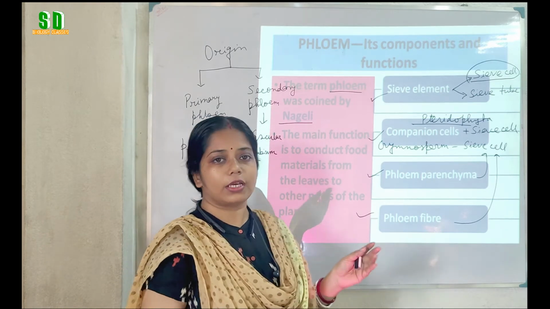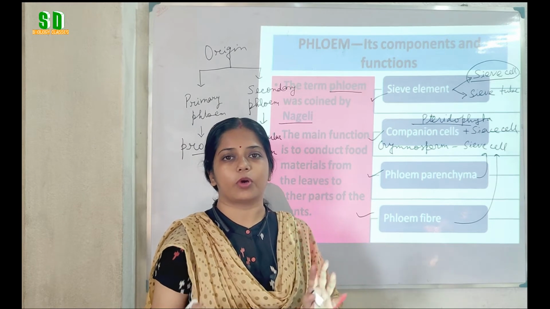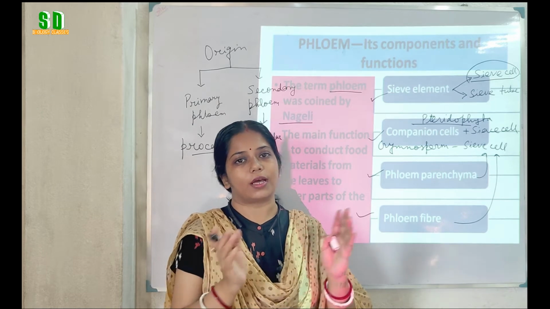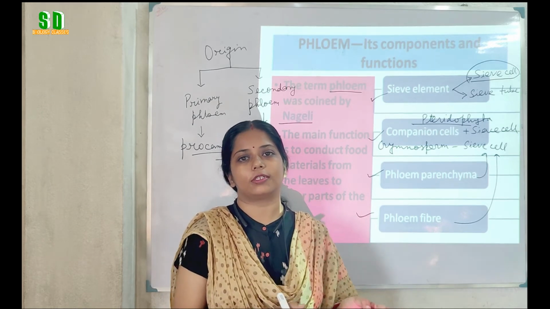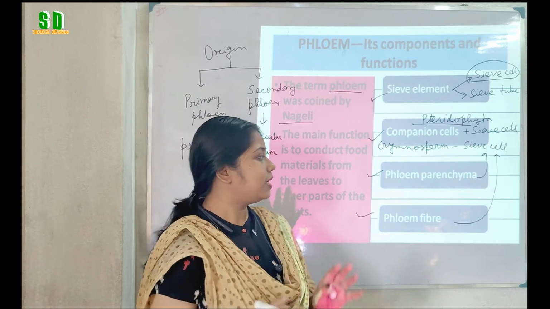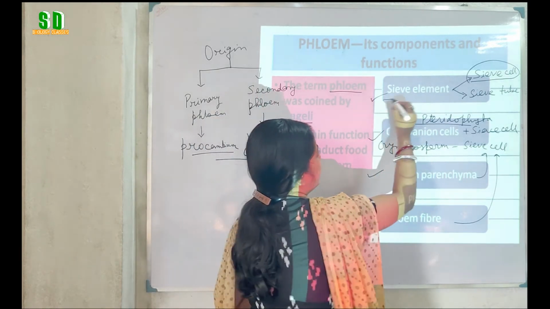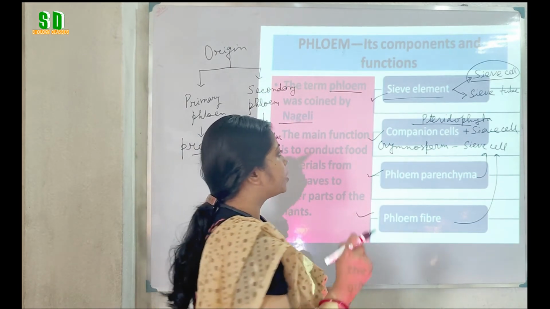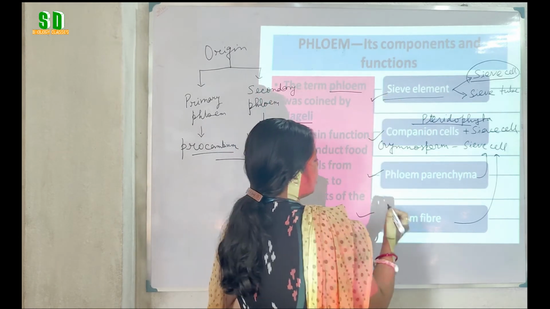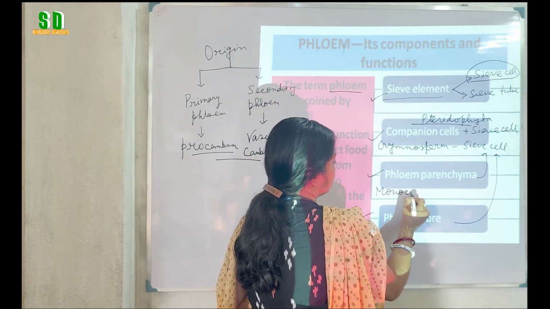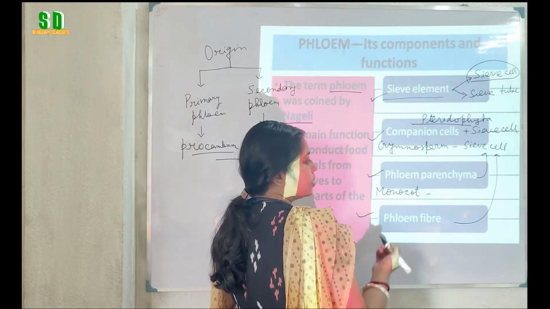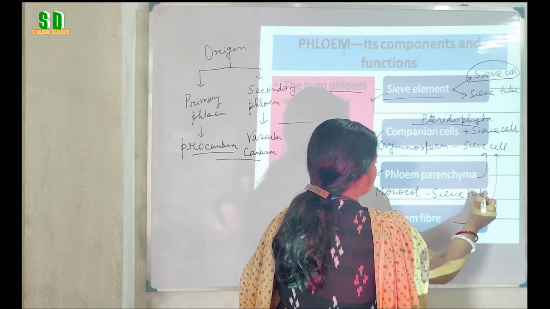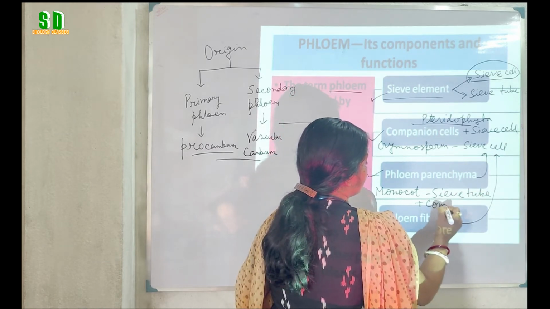Now if we talk about the Angiosperm, the higher group of plants. Angiosperms are mainly of two types: the monocotyledonous plant and the dicotyledonous plant. In Angiosperm, the sieve element is present as the sieve tube. So in monocot plants, what are the different members of the phloem tissue present? The sieve tube and the companion cell.